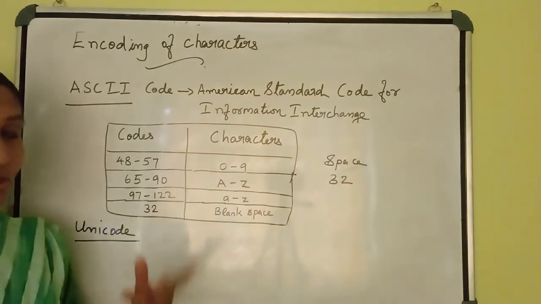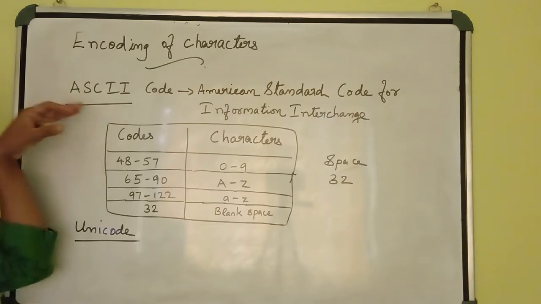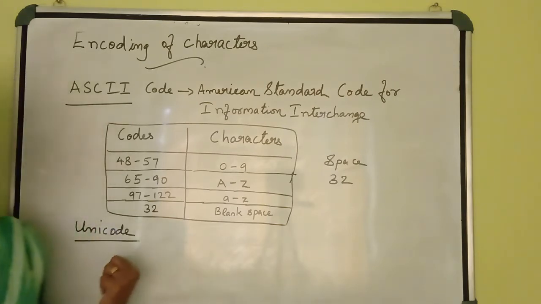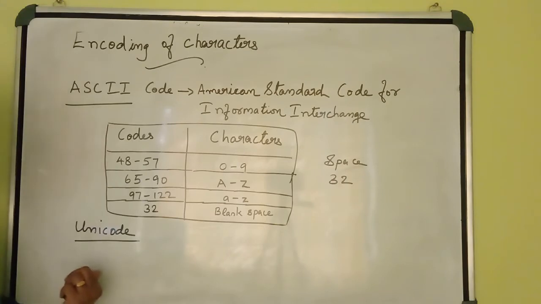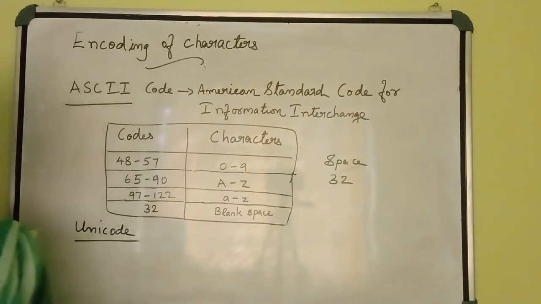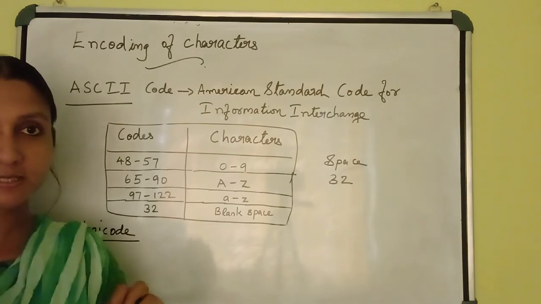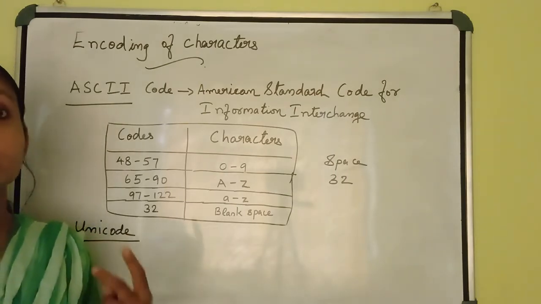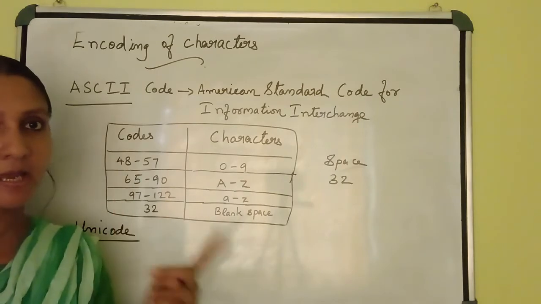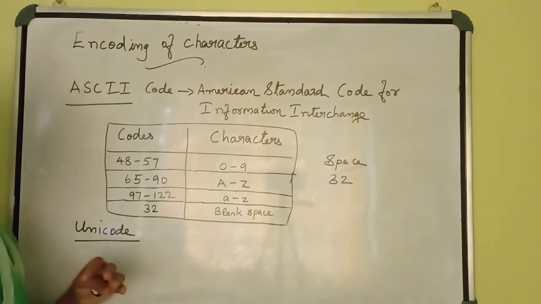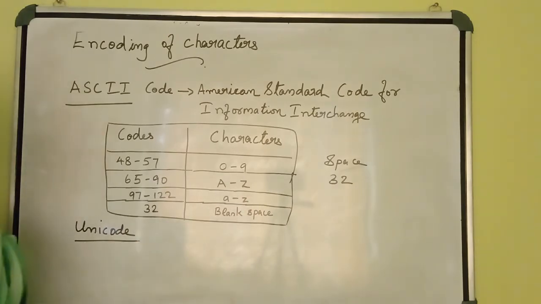In all computer languages, we are using different types of encoding systems. In Java we are always using ASCII code, but in different computer languages we are using Unicode. This is not familiar to us because it is a hexadecimal system. In Unicode they are using the hexadecimal number system. We know in the hexadecimal number system we represent the numbers 0 to 9, 16 is the base, and 10 to 15 are represented with letters. That means 10 represents A, 11 represents B. Do you remember the hexadecimal number system? That number system is used to represent these characters in Unicode.